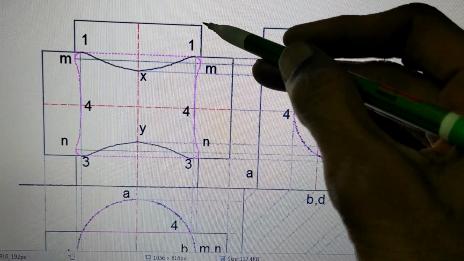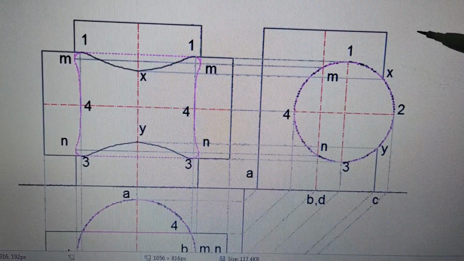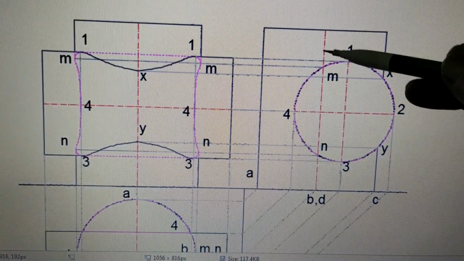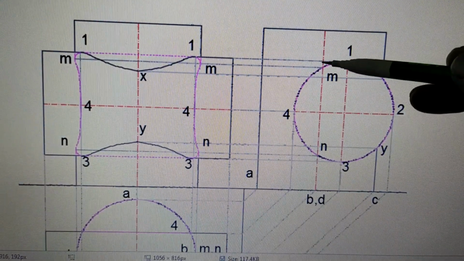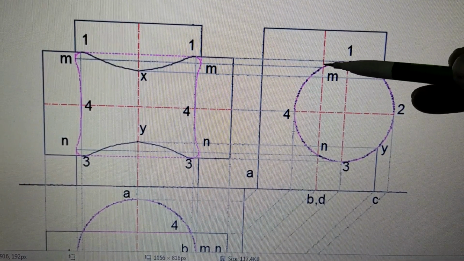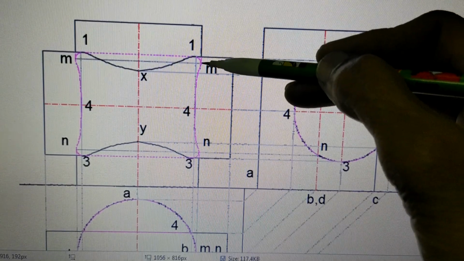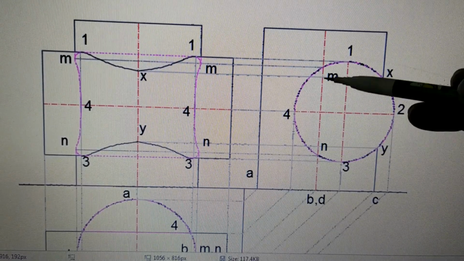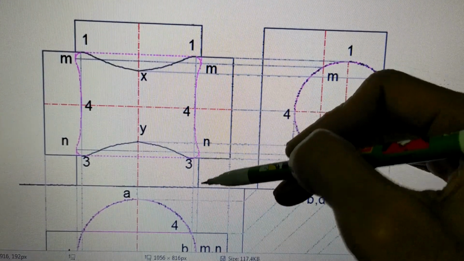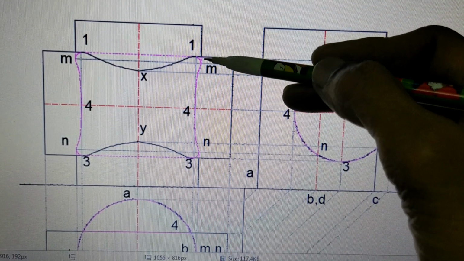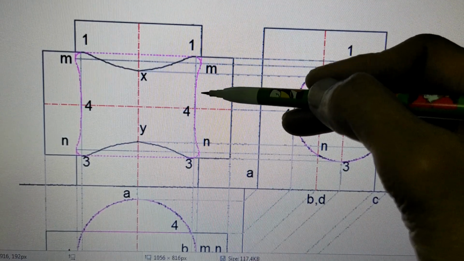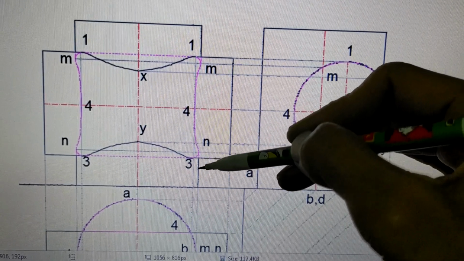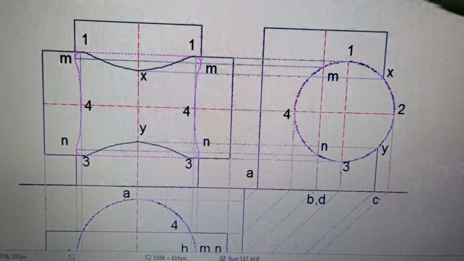Then you can also observe this is the last generator, this is here. When you look in this direction, this much part is seen. But from here to here, this small part of the generator is not seen, so this is the small part which is gone behind. Then between m and n, the cylinder is cut. This edge is there, then it goes behind, and it is not existing till here. After n it is existing but behind, and after this point again it is seen. Same thing on the other side.